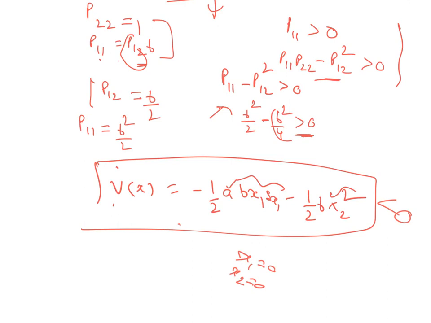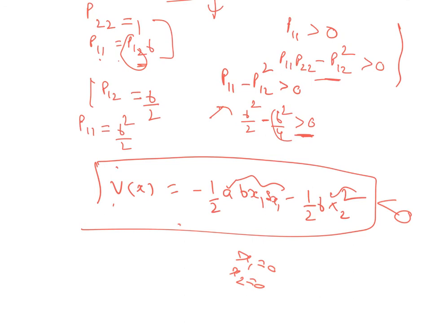See, now what I'm saying is when we will be doing controllers, we can get away with simpler V's, because then I have a controller to cancel bad terms and keep things negative definite. Your life will be much easier when you will be doing controls. Proving general stability, asymptotic stability for a given function is harder, but if you have control in hand,